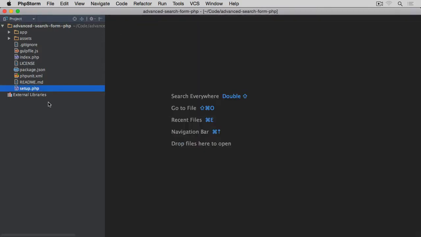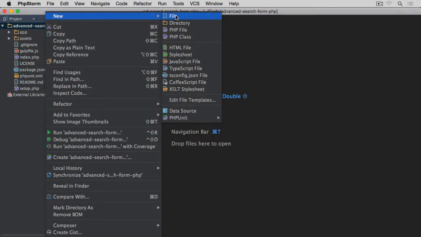Okay, so those are the files that come with the exercise files. Let's now quickly create the composer.json file. So, new file,